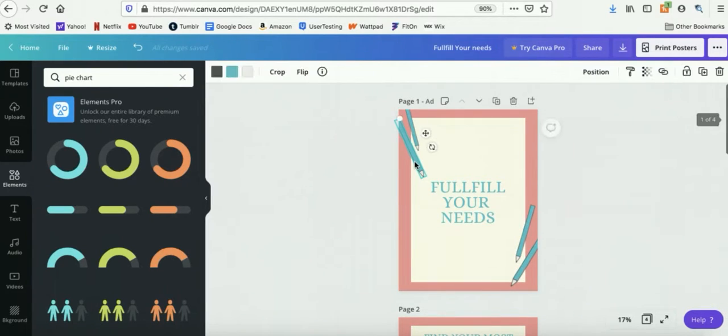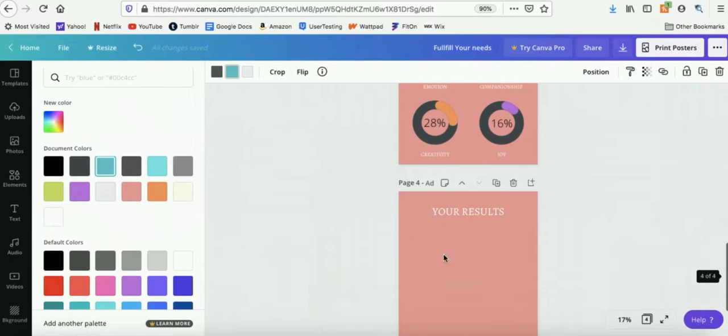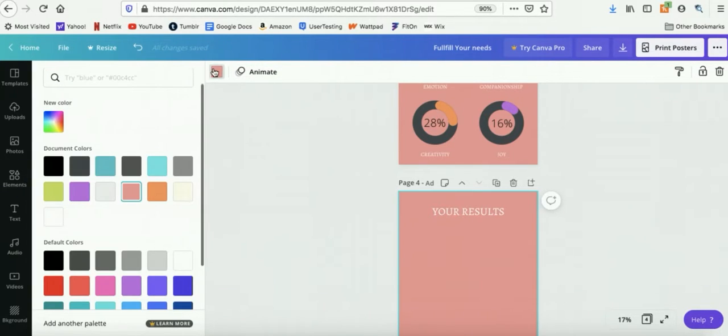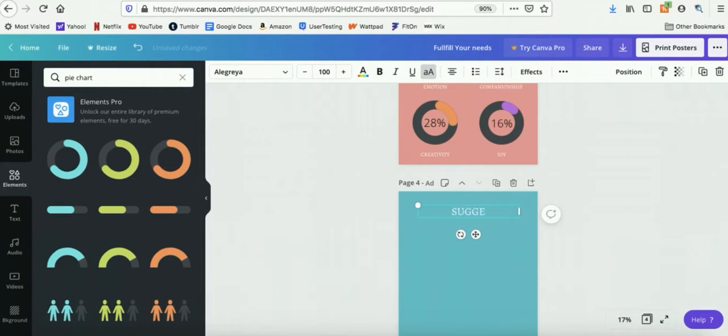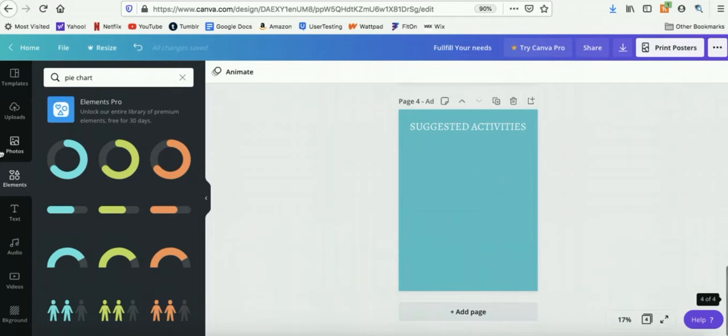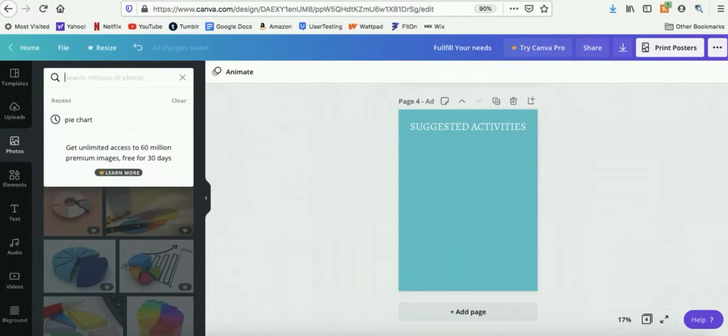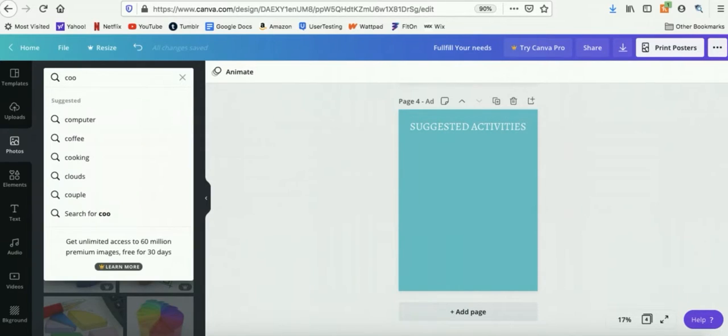I kind of want to use this color for the background of this, and put that up here. And then this would be things that you could actually click on, that you could add to your calendar, that kind of thing, and expand upon. But just so we can get an idea.